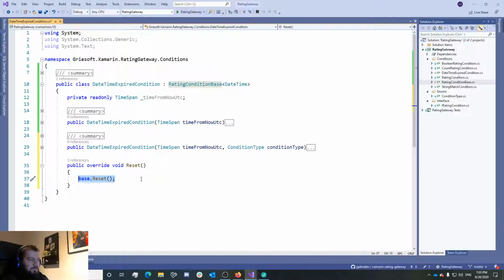So we want to override this because when we reset it, we cannot just assign the initial value, because it would immediately be in the past. As you remember, we only reset, or in most cases we reset a condition after it was met. So in this case the initial value would be in the past, so we need to fix that